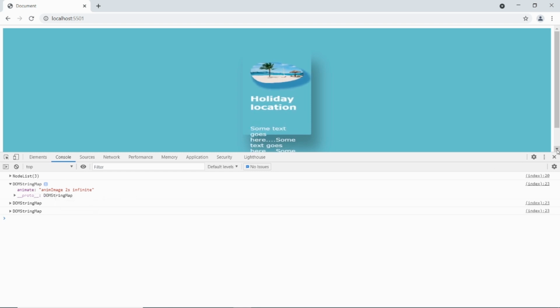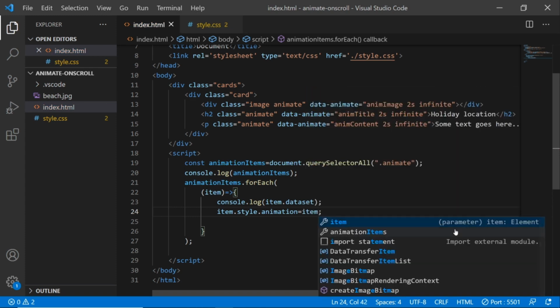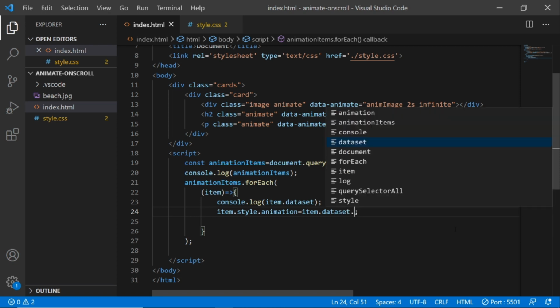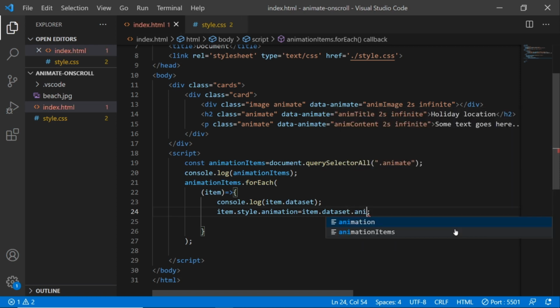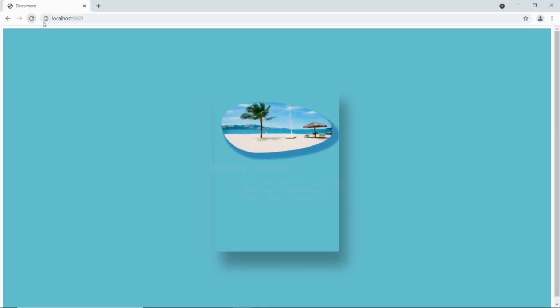Okay, so I go back. So instead of saying item.style.animation equals the value, we can say now item.dataset.animate. Okay, so if I do that, okay, now you see it's applying